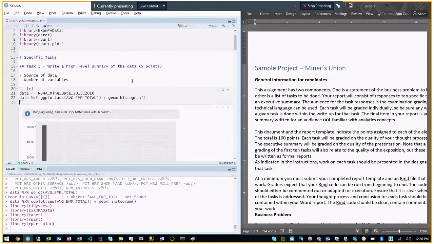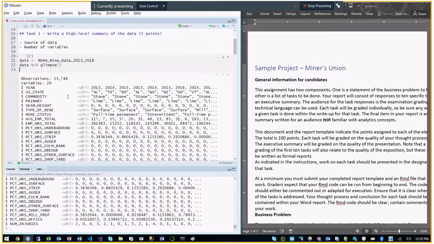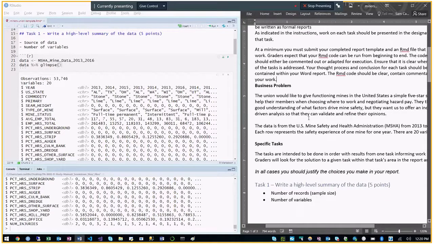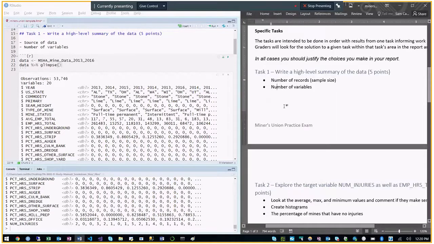And it says write a high-level summary of the data. So I suggest you name the data to something simple so that you don't need to type out something repeatedly. So I've just changed the name to data. Here are the variables. So I want to immediately start writing out the summary. So I'll say